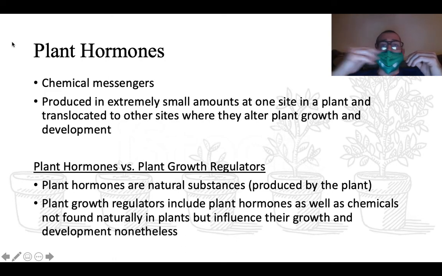Now, this is called plant growth regulators. You know, this mask is not staying. Let's try that. There we go. This is called plant growth regulators